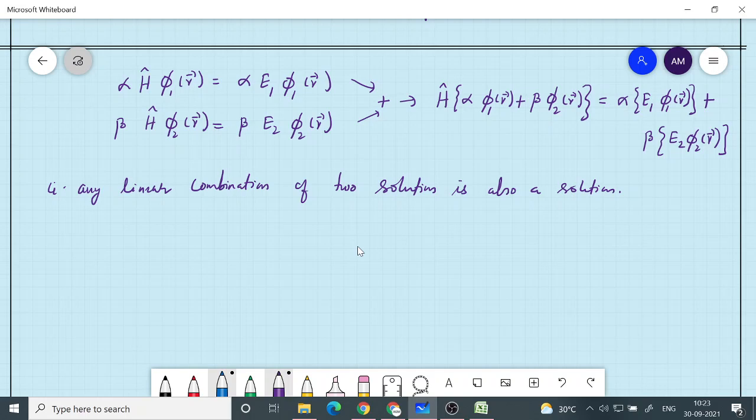Superposition is a valid thing, because you can have the equation satisfied, because these are two different solutions, and a linear combination is also a solution. That is why whenever you solve a linear differential equation, you write the final solution as a linear combination of individual solutions. If it is a second order system, you have two solutions. If it is a first order system, you will have one solution, right? When you solve the differential equation, the complete solution is a constant multiplying the first solution plus another constant multiplying the second solution. So a linear combination of the two solutions.